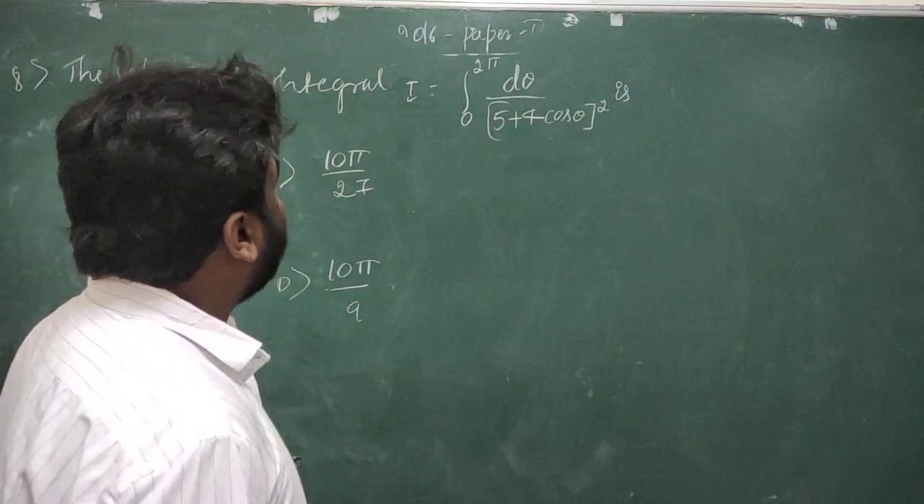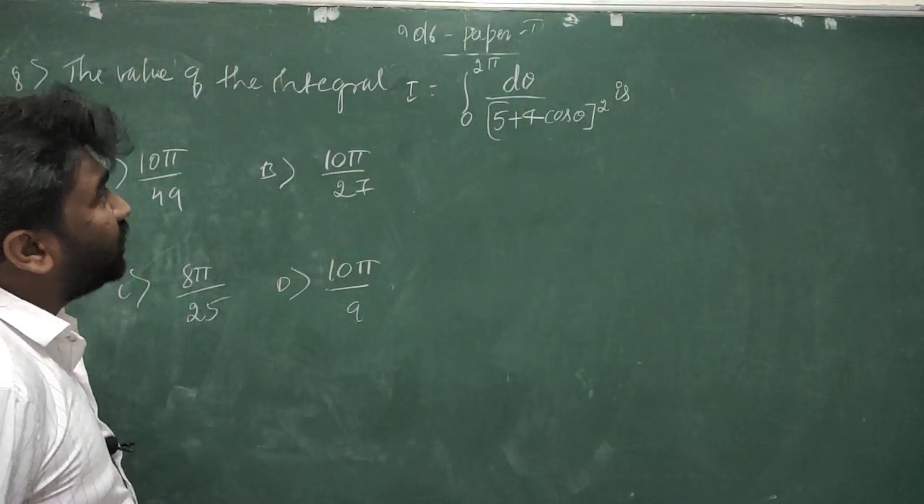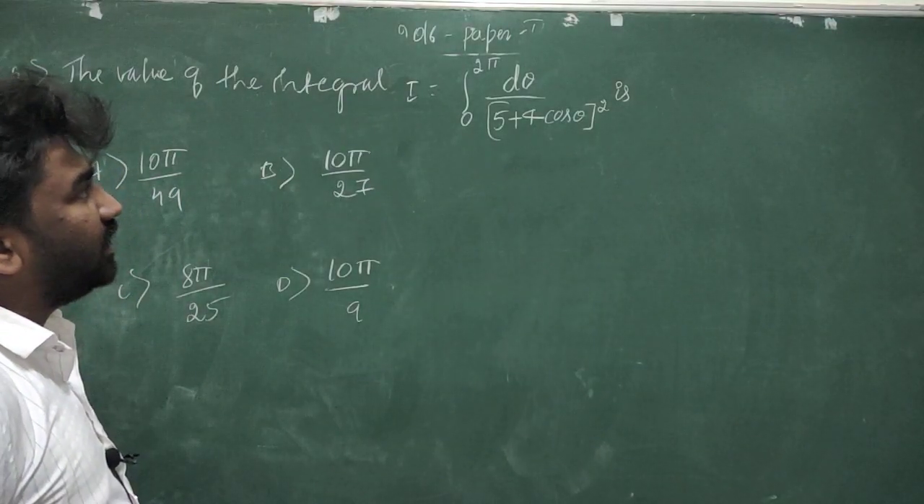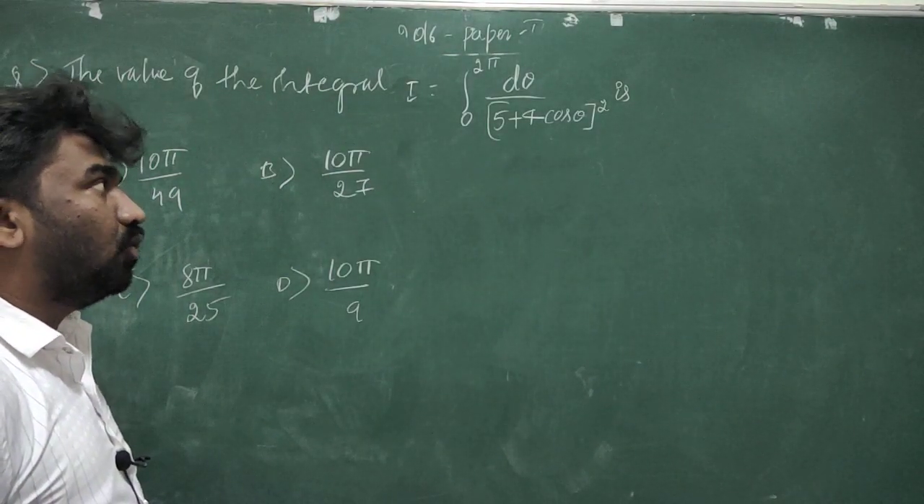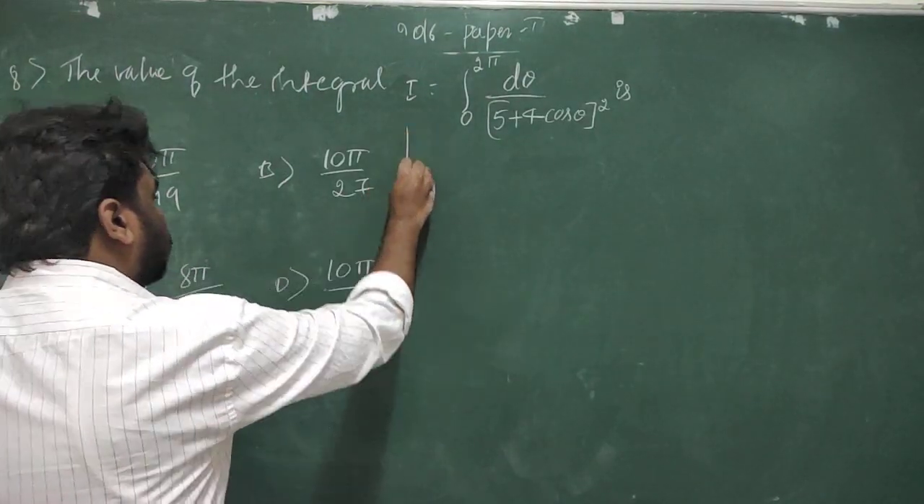So this is question number 8 based on complex analysis. The value of the integral I is equal to integration 0 to 2 pi d theta divided by (5 plus 4 cos theta) whole square is. See, here